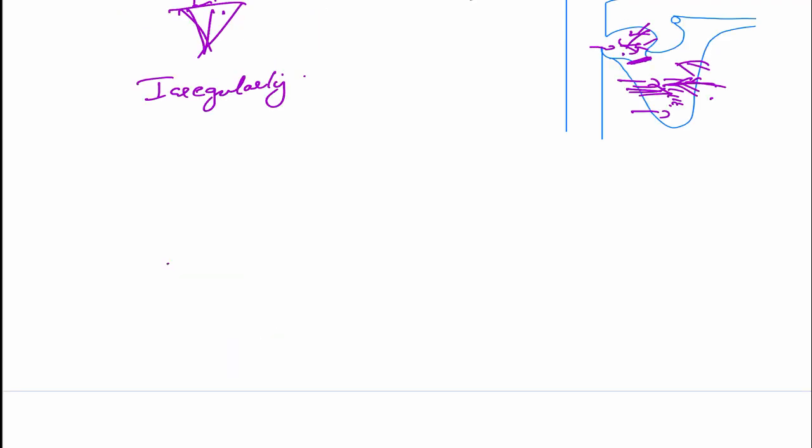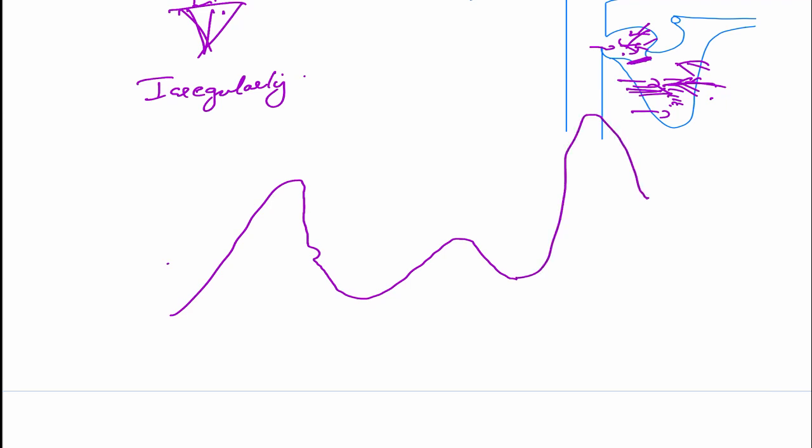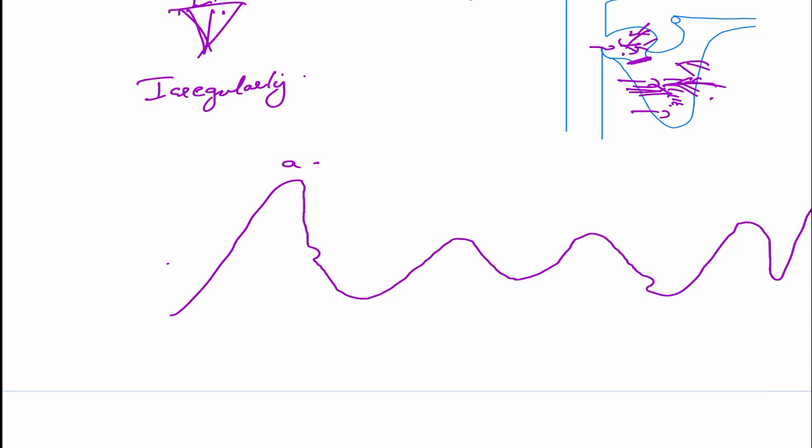So now what is irregular A wave or cannon wave? This is the A wave, comes down, C wave, descent, V wave, then again Cannon. Again A wave, then descent, the V wave, then an irregularly Cannon wave. This is also an A wave, but this is a Cannon wave.